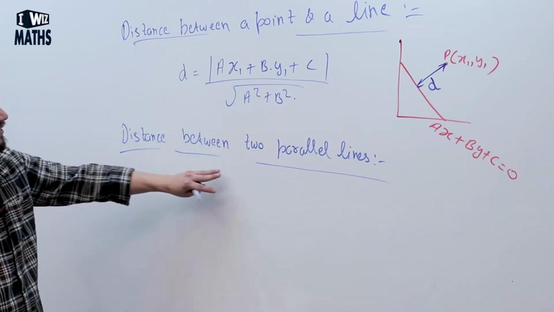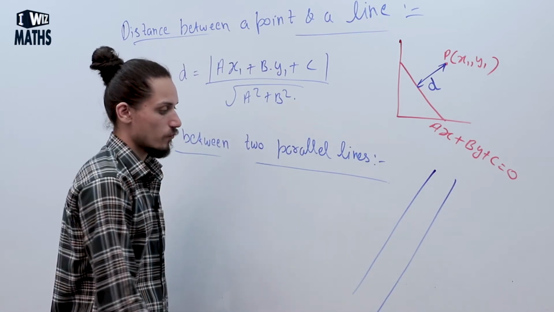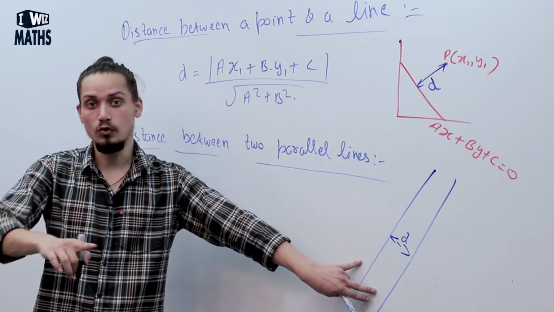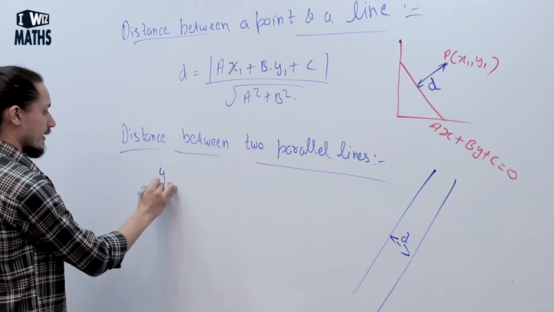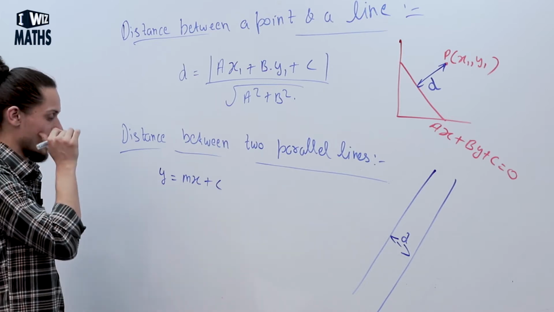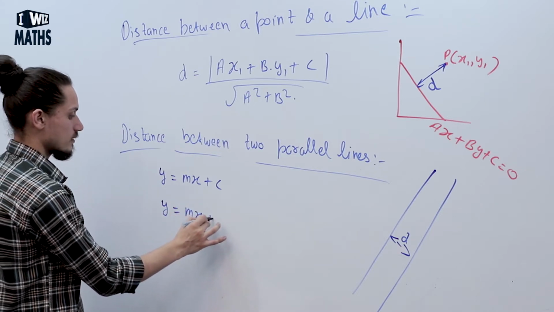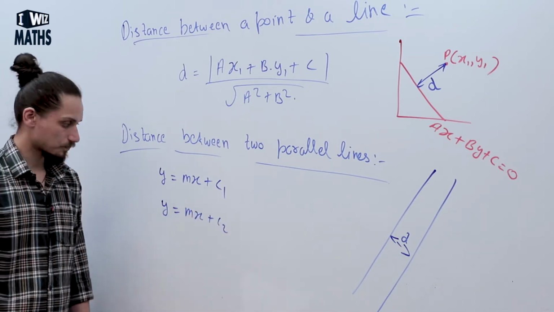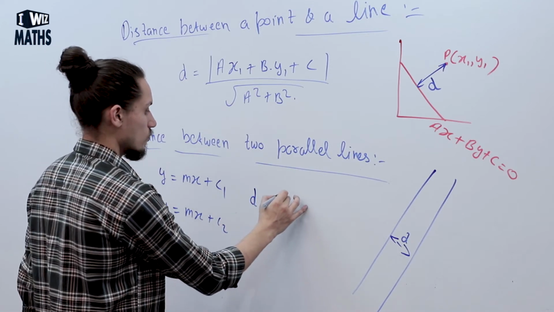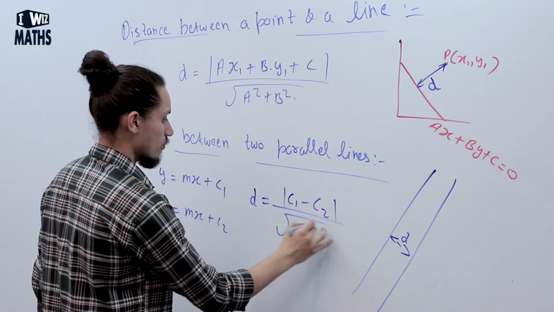Second is we have to find the distance between two parallel lines. So what we do, say these are two parallel lines. We know that we have to find d. Firstly, if we have two parallel lines, the slopes are equal. Say first line is of the form y is equal to mx plus c1 in slope intercept form. Second, y is equal to mx plus c2. So distance between these two lines will be equal to mod of c1 minus c2 upon under the root 1 plus